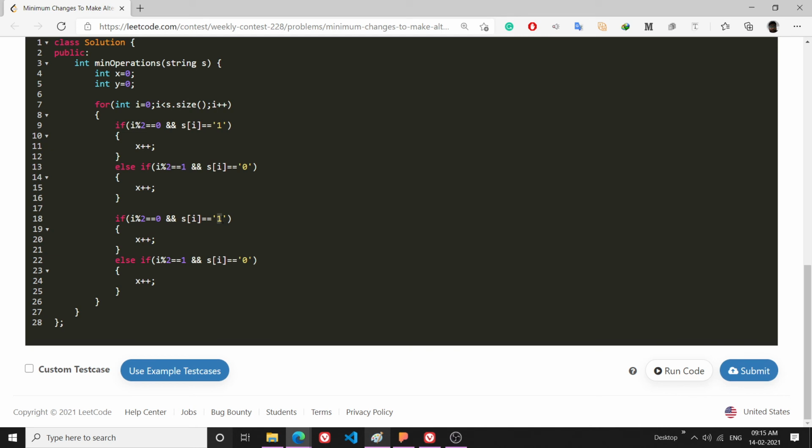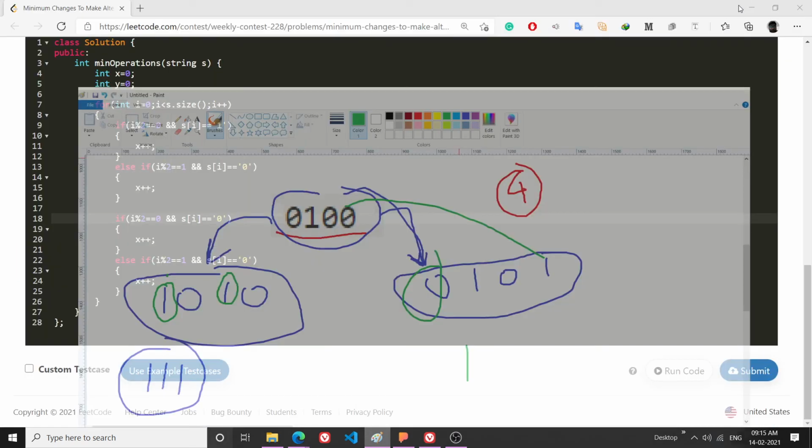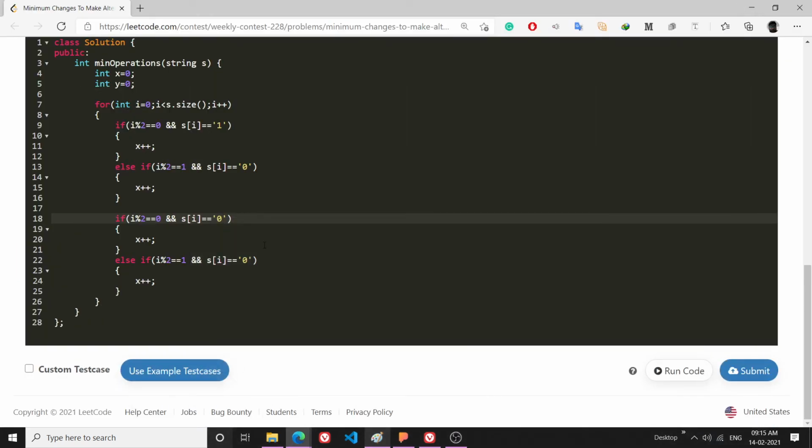If this is not satisfied, then I will be incrementing my second operations variable. Okay, so that's the problem.